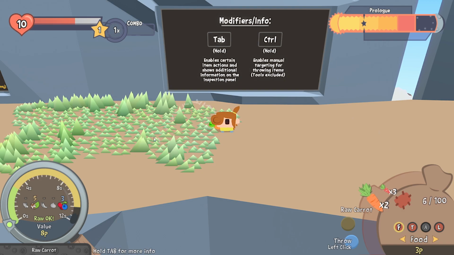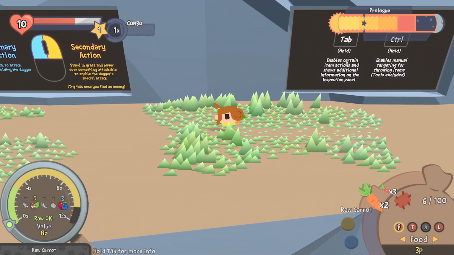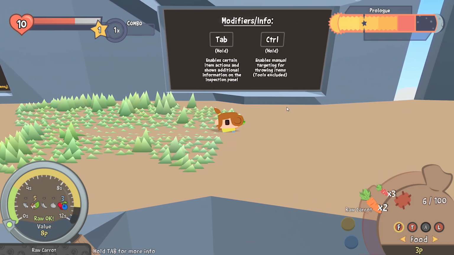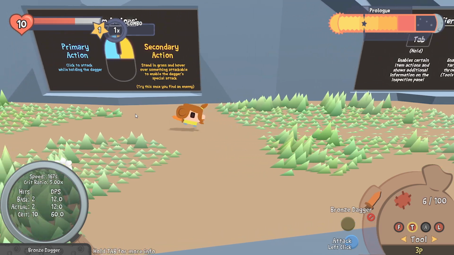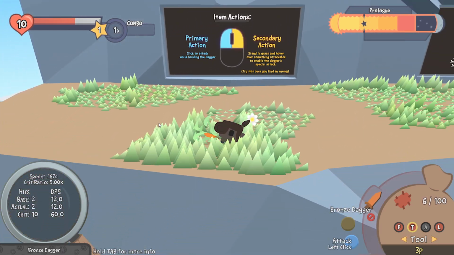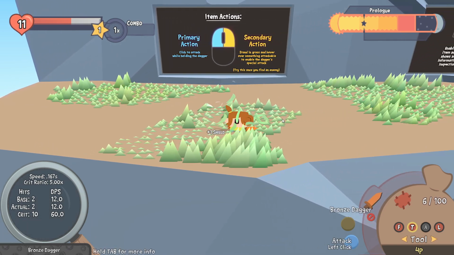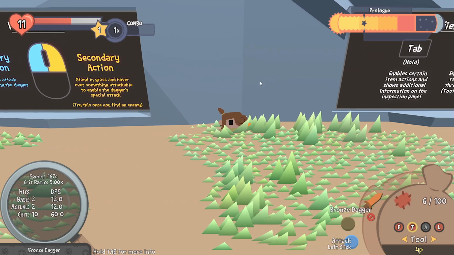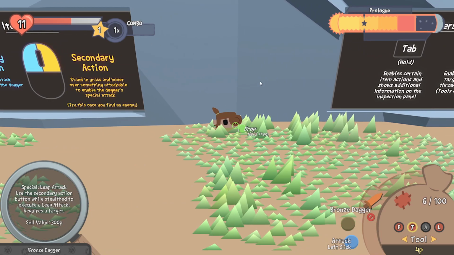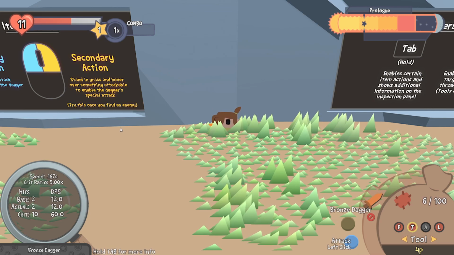Interesting. A lot of buttons to remember. This is giving me stuff I don't really have an opportunity to use, which is generally not ideal for tutorial stuff. So particularly, it's great that I can run around and stab the grass with the knife, but the secondary attack, I guess you hold tab. Or just...